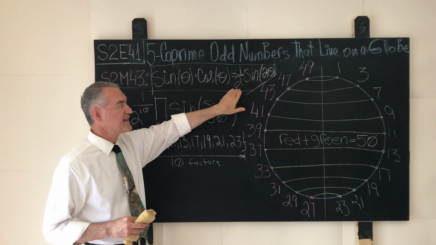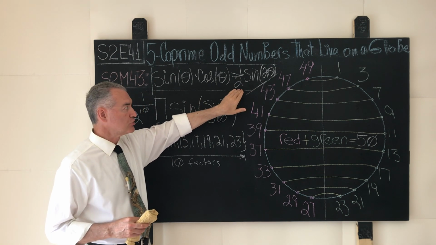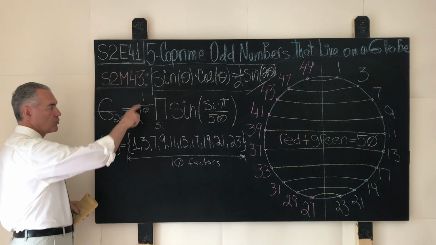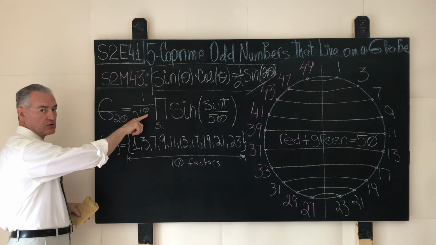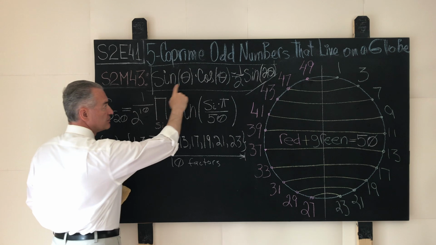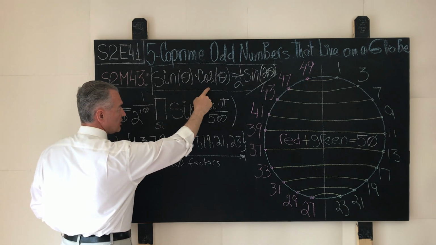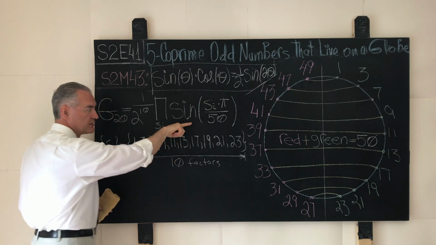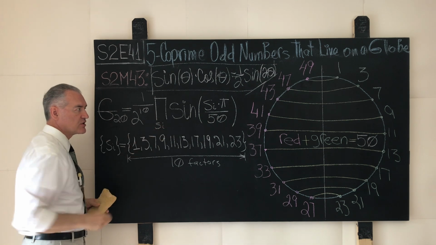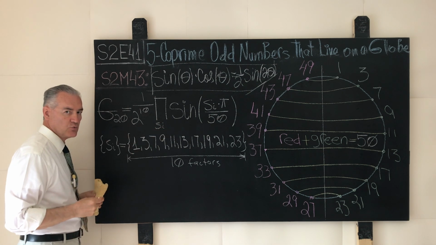We will introduce 10 copies of 1 over 2, as shown over here, 1 over 2 to the 10th power. And these 10 pairs will collapse into 10 values of the trigonometric function of sine evaluated at which